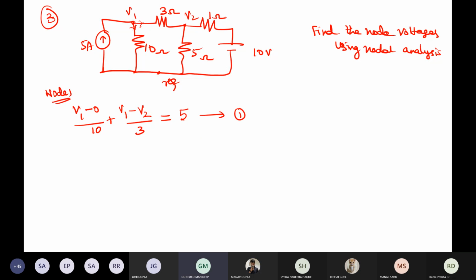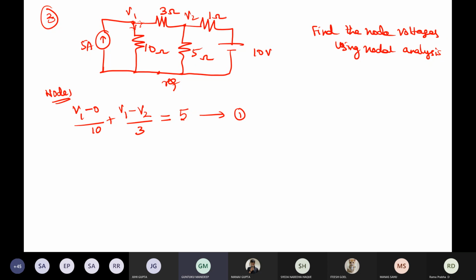Ma'am, one question. In that 5 ampere one, it's a current meter, right? Yes, my current source, 5 amperes. Ma'am, in that, the current source should be connected in series with the resistor, no? It is shorting out the resistor, right? See, generally, if you put a current in series to a resistor, then whatever you do, until it finds the node, the same current only flows. There is no use of putting a resistor in series to a current source.